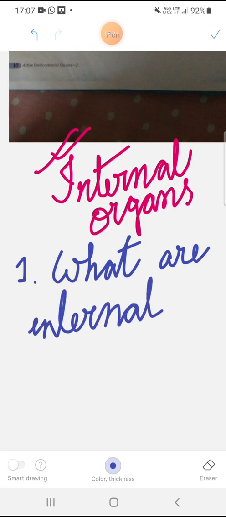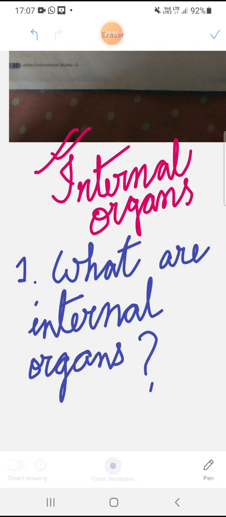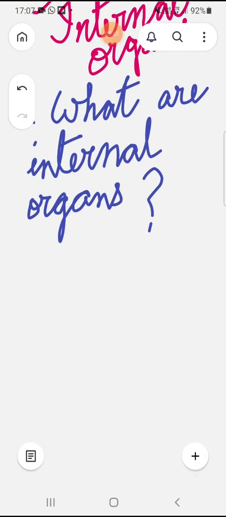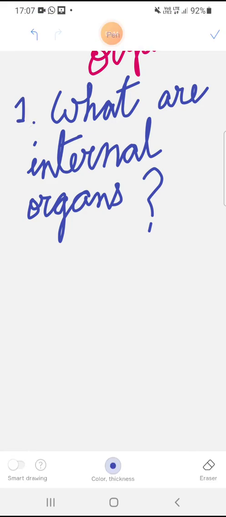In your copies you will write: What are internal organs? So students, what will be the answer? What are internal organs? The organs of our body. The answer will be: